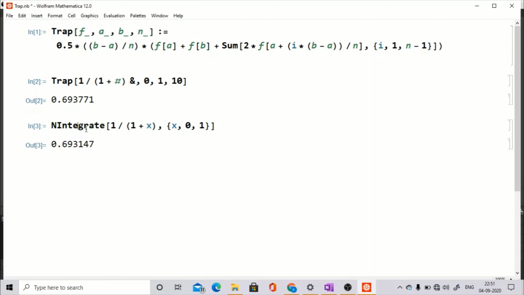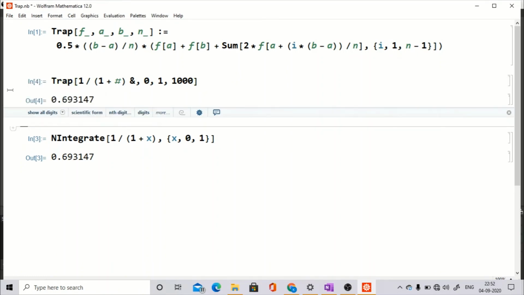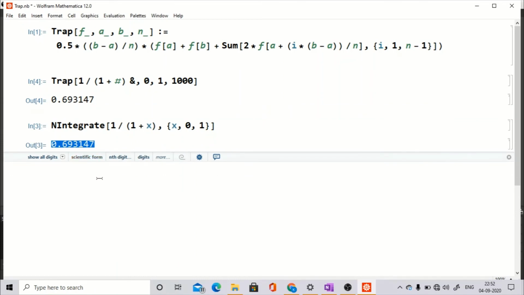I am considering this value from the inbuilt function as the more correct version, so what I will do is increase the number of intervals. If I take the number of intervals to be 1000, which is not possible to solve by hand in a notebook, and then verify it, you can see that this thing and this thing have become the same. So this is how by increasing the number of intervals you can get a more accurate answer, and the number of intervals can be as big as possible, no boundations on that.